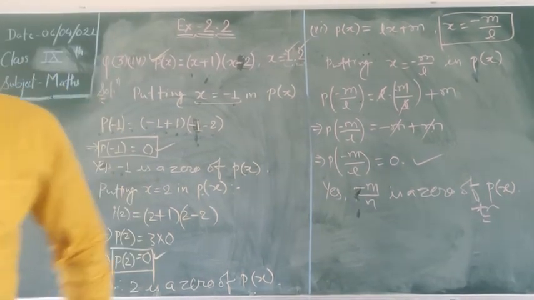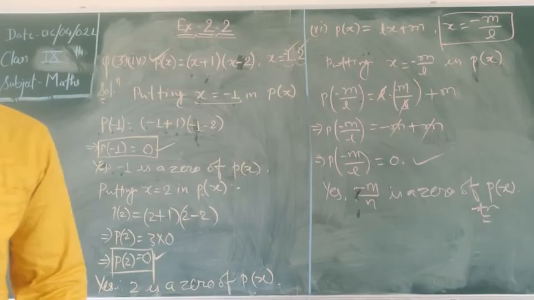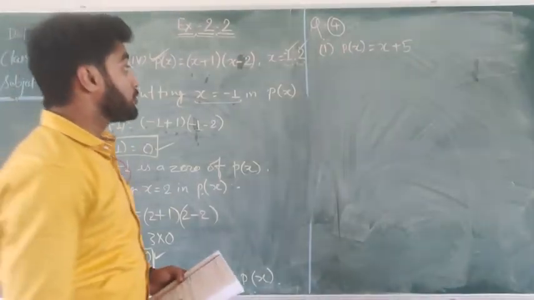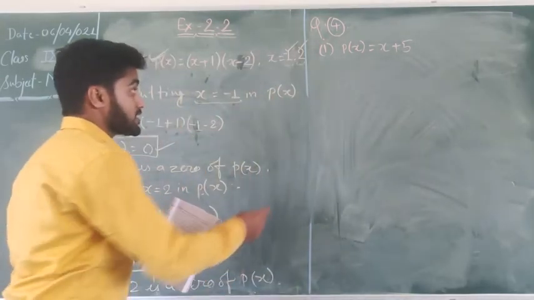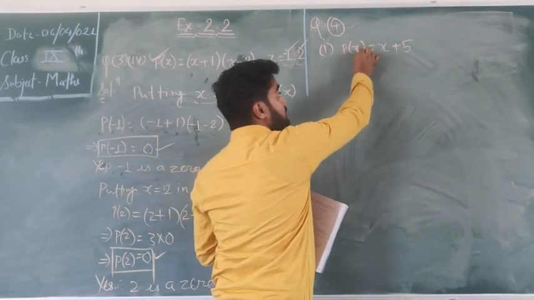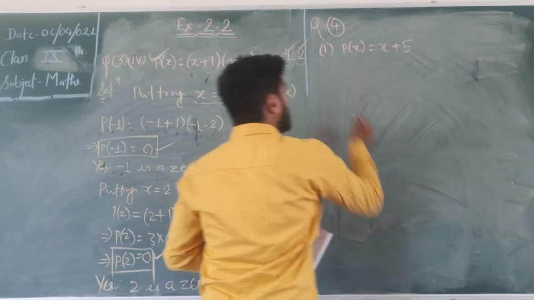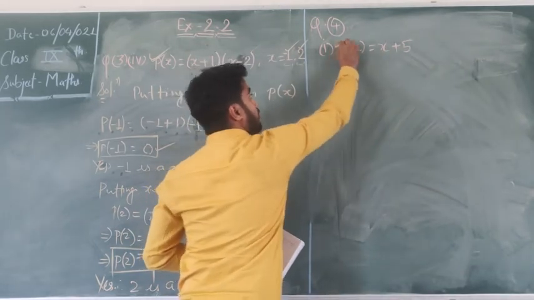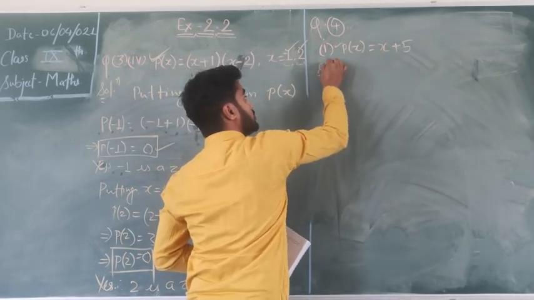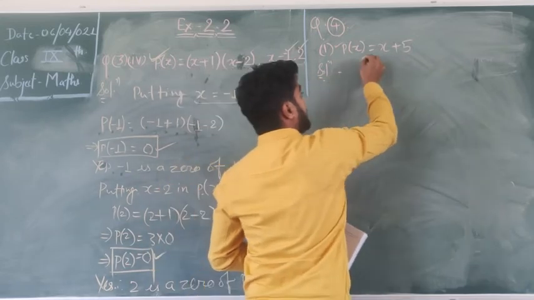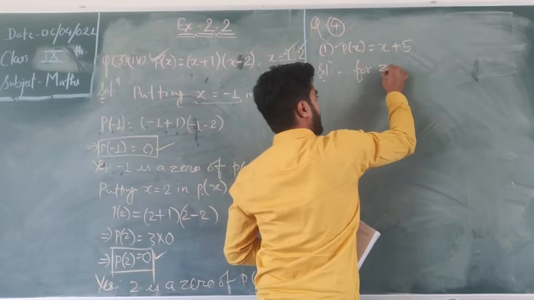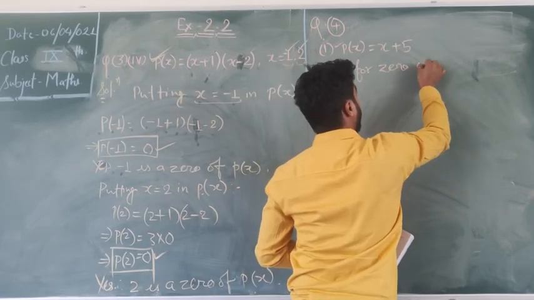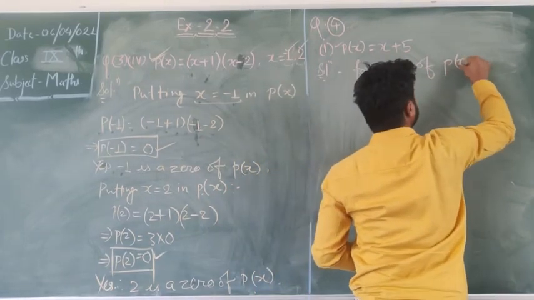Okay. Question number 4. In question number 4, we have to find the zeros of the polynomial in the following cases. So the first case is p of x equal to x plus 5. We have to find the zero of this polynomial. So solution: for the 0 of p of x,